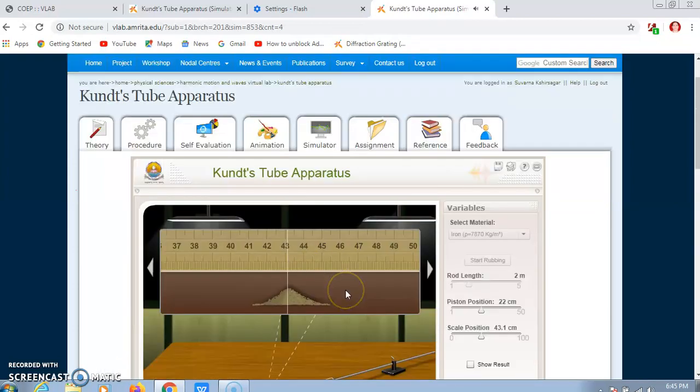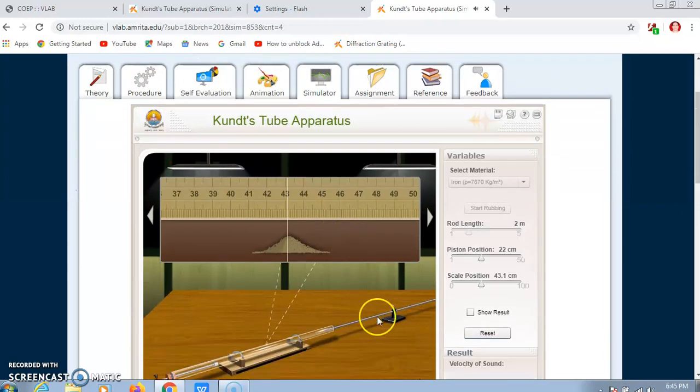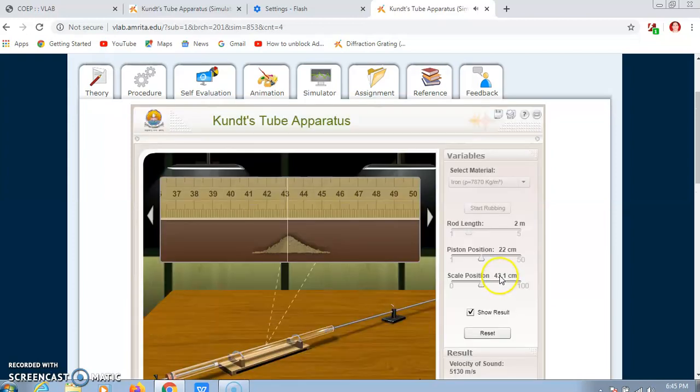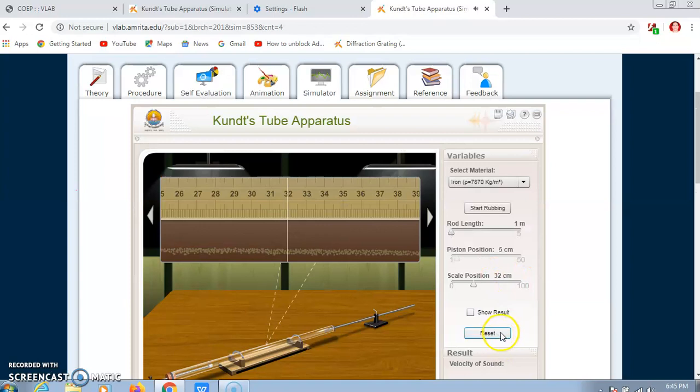The sound is coming from the experiment itself. Now here, since it is a simulation, this experiment directly shows the result. If you click on result, it shows the velocity of sound and Young's modulus. The same experiment you can reset, and then you can choose different variables.